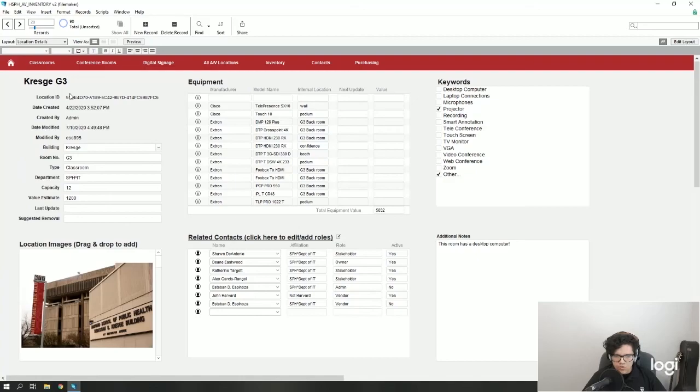The form view allows you to keep track of the fields that were in the list view, as well as some additional details that are only applicable to this location. Some of that information is related records, such as the equipment and the related contacts. We'll be getting back to those later. The keywords, which describe the functionality supported by this location. The additional notes, which allows you to add any notes or instructions or anything the users should know about this room